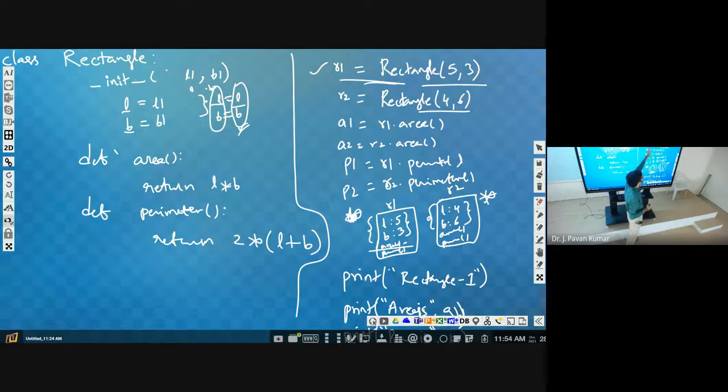Similarly, here also, we don't know what R2 is before creation. That's why you can give some dummy name. Any name you can give, but that particular object name in general we refer to as self. There is no restriction that you have to use only self, but that particular parameter should be the first parameter.